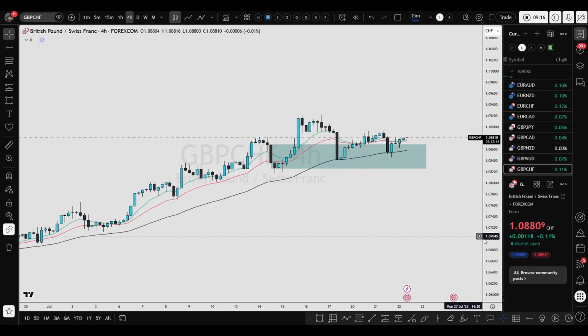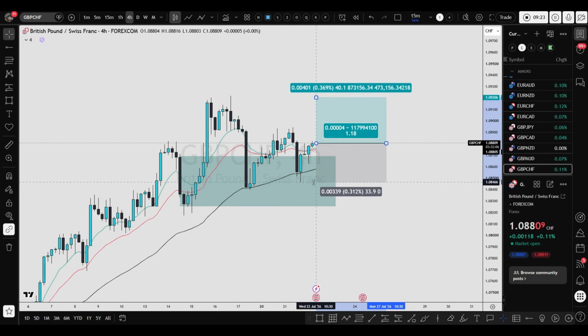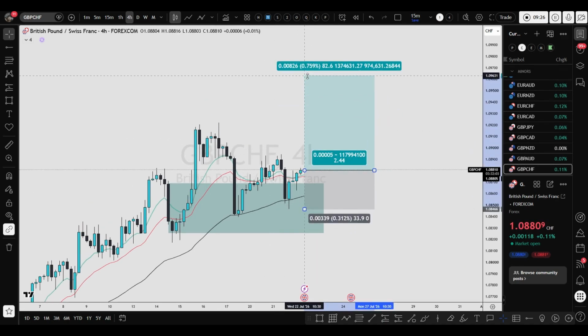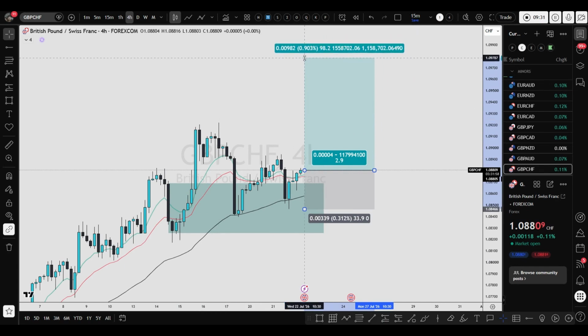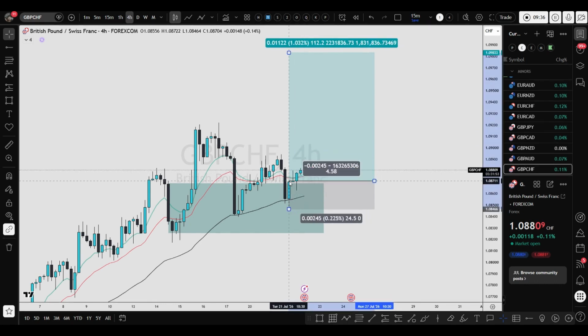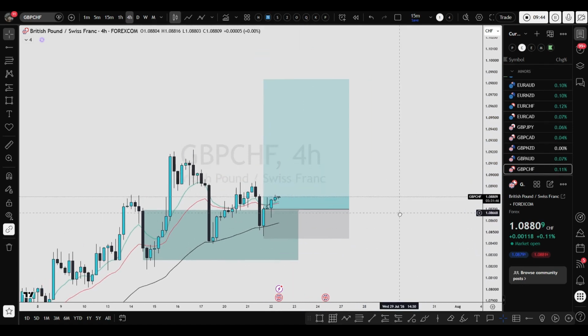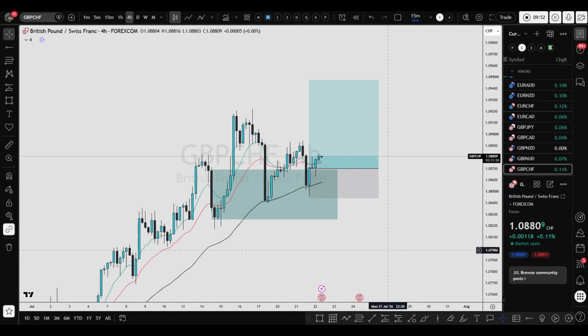If I get in this trade setup with a stop below at around this level and target for a 1 is to 3, I don't think I'm going to get a healthy 1 is to 3 over here, because I need to target way higher than this previous high in order to get a 1 is to 3. Somewhere around here, the best entry was somewhere around this level. The best entry was here, and the best stop loss is actually here, but we can also go with this low. And this was the best entry, and we already missed it. And yes, it was a pretty good target in that case.